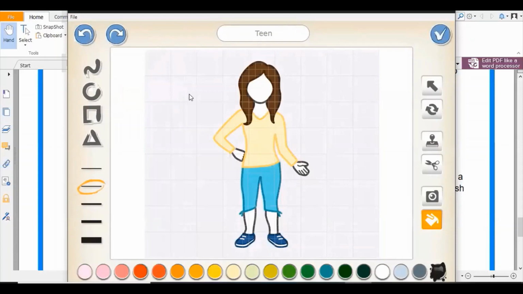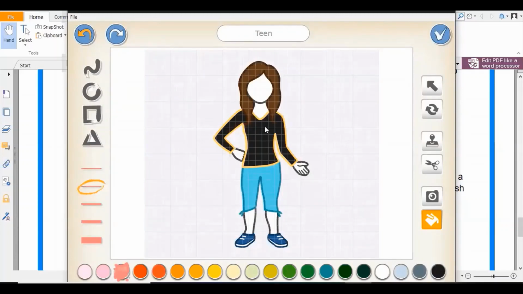So when I click, I get this particular window. Now here, what all things you can see is, suppose I want to change this color. So I will click on this fill color button, and then I'll select a particular color. So I select pink color and then I will click here. So the color changes. Now if I want to change the color of the pant, again I click on the fill color button. I will select a particular color, say black, and then I'll click on this.